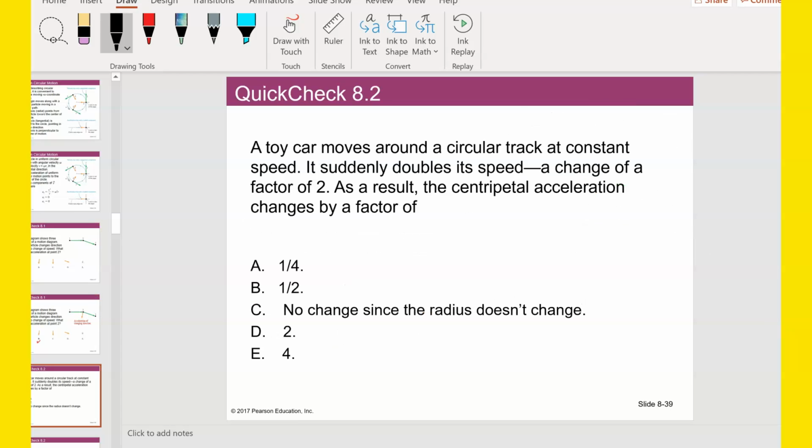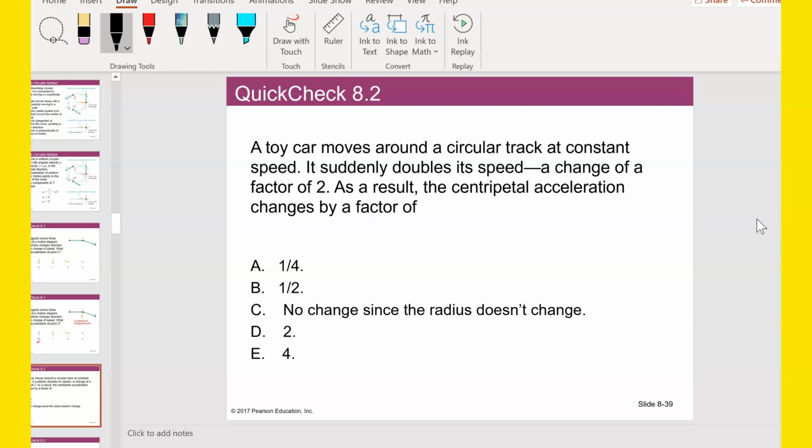Okay. Quick check 8.2. A toy car moves around a circular track at constant speed. It suddenly doubles its speed, a change of factor of 2. So that's what double means. As a result, the centripetal acceleration changes by a factor of what? So when it doubles its speed,